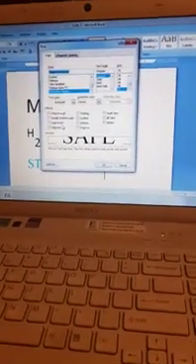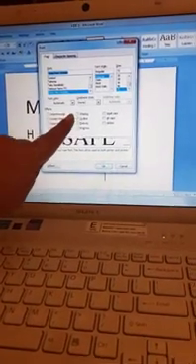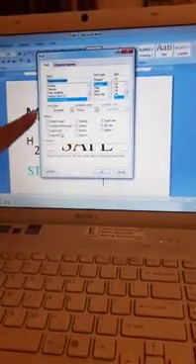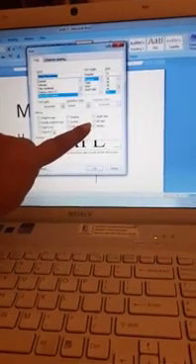To apply other special effects on the selected text, click on the font dialog box launcher. Select the required font effect in the effects section, like strikethrough, small caps, all caps. Strikethrough means that there will be a line passing through the text. All caps means whatever you have typed will go in all capitals. Small caps means that the first letter will be capital and the rest will be small. So these are the different effects that we can use for our text.